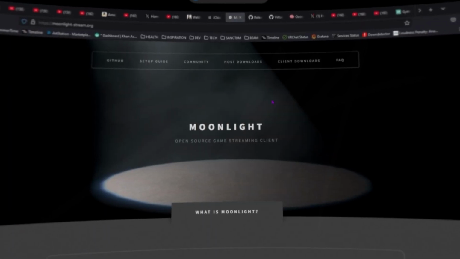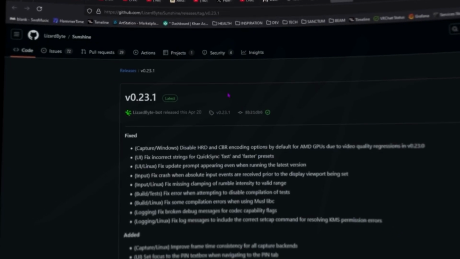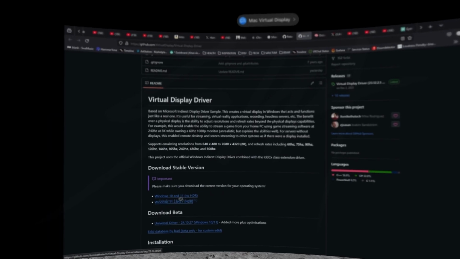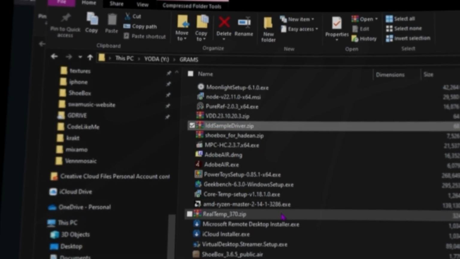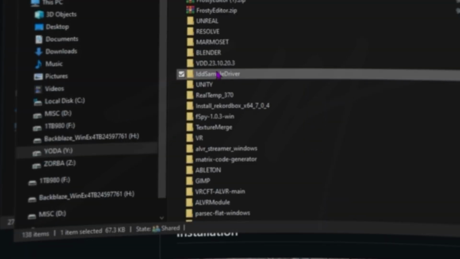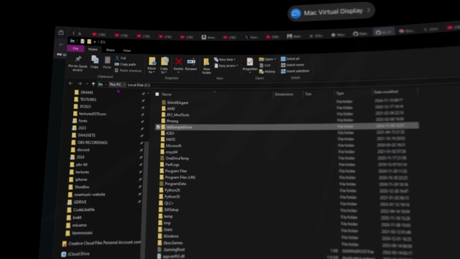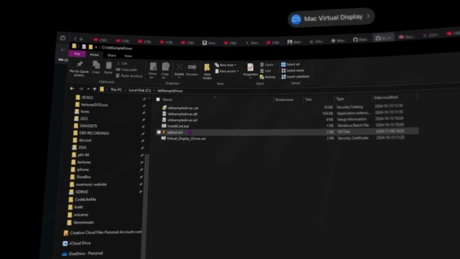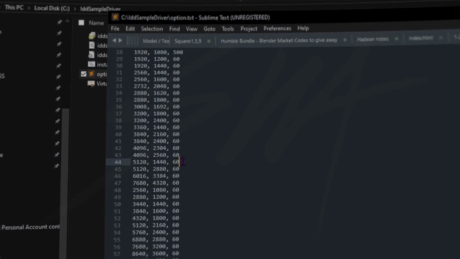So firstly, you are going to need Moonlight, as well as Sunshine, and then lastly you are also going to need the virtual display driver, and I will supply the links to all these on this post. So once Moonlight and Sunshine are installed, the virtual display driver will give you a zip which you'll need to unpack and copy. Then you're going to go over to your C drive, paste in that folder, and you're going to double click the install cert.bat, as well as opening the text file and adding in your custom resolution for